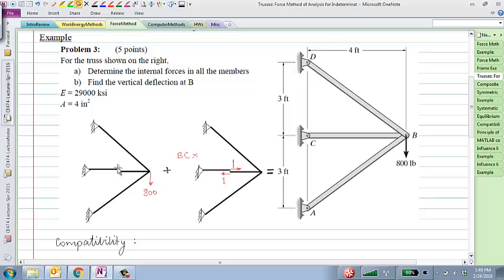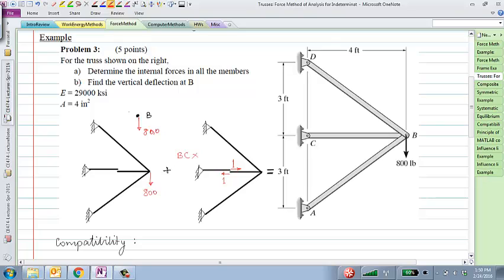And the idea here is that we'll cut here and apply the actual load. Let me ask you this: is this structure on the left determinate? Yep, because if I make a cut here, this cannot carry any force, which is just a 2-member truss pinned on both ends, and with a load, I can use equilibrium to find the internal forces. Without going into the calculations, assuming that you know how to do that, maybe I'll just draw the free body diagram here. This is B, this is 800,